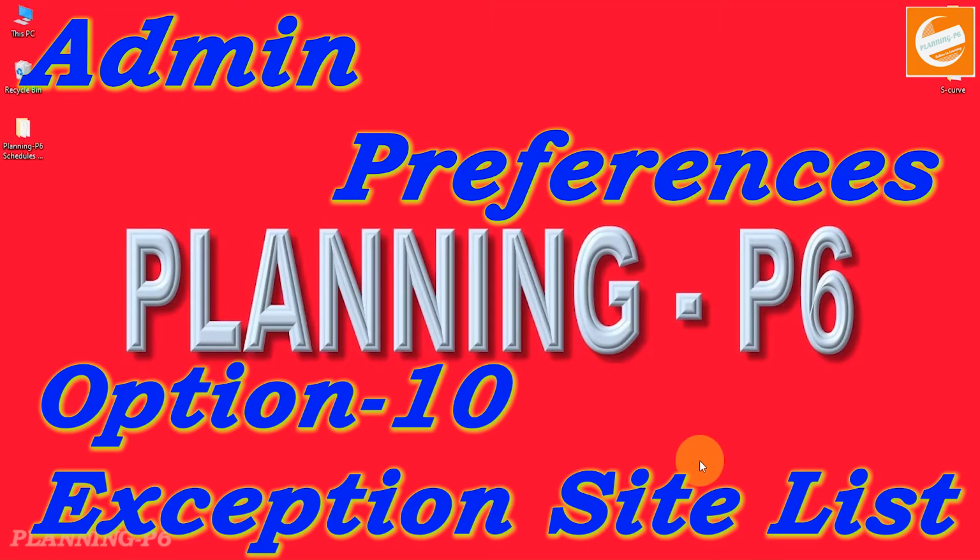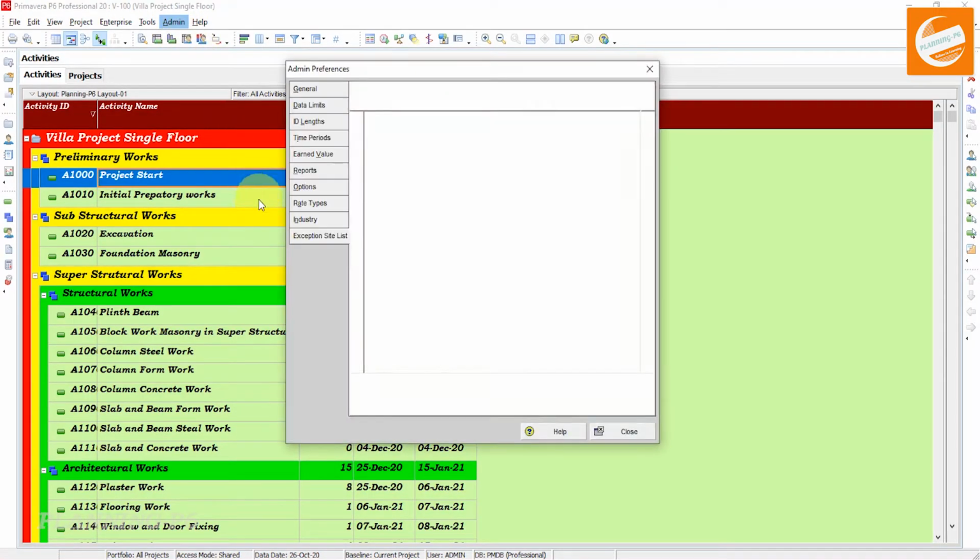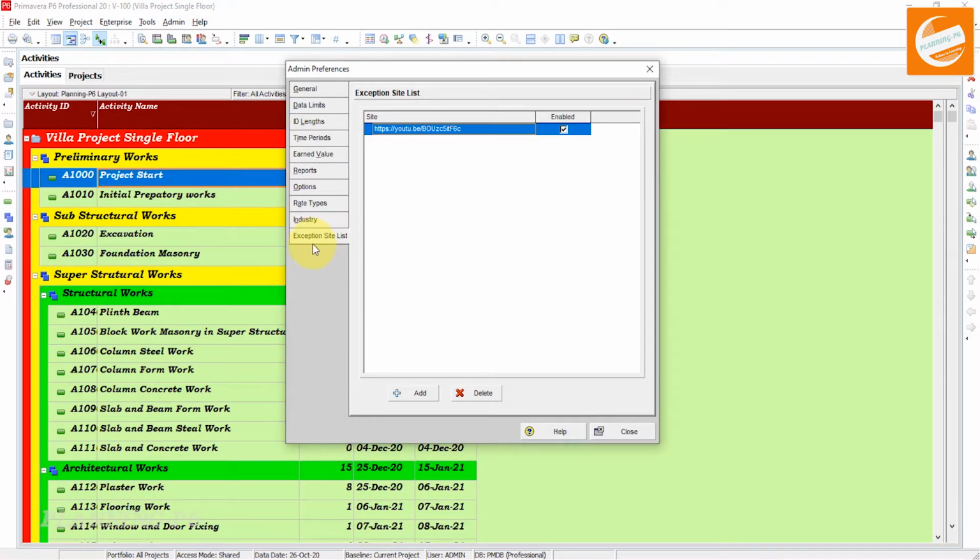Hope you are doing well, and we are discussing admin preferences settings. Today's discussion topic is the exception site list tab in admin preferences. So let's move forward and open your Primavera P6 software, go to Admin, Admin Preferences, and option number 10, this one, exception